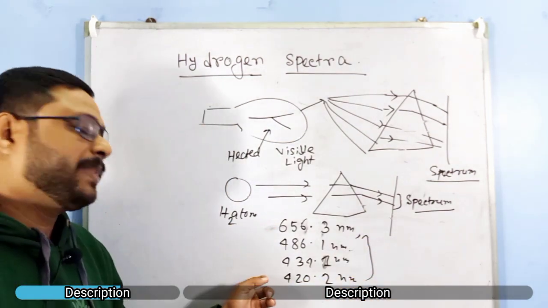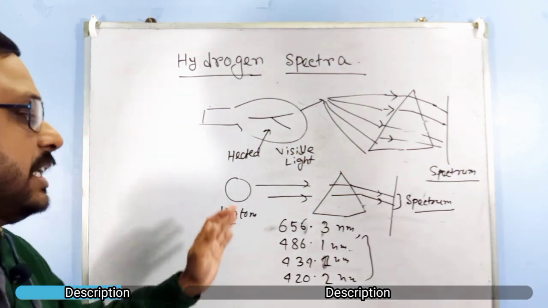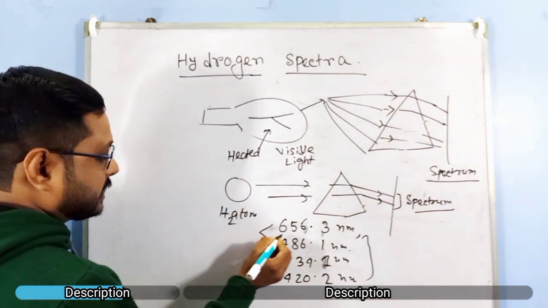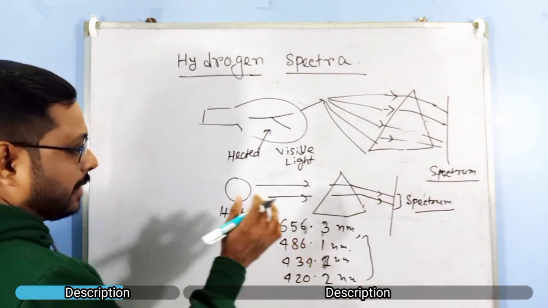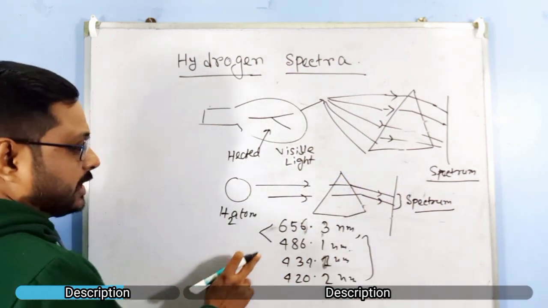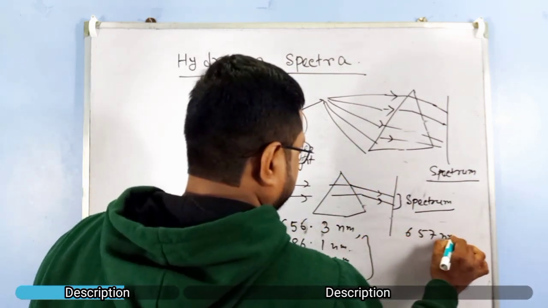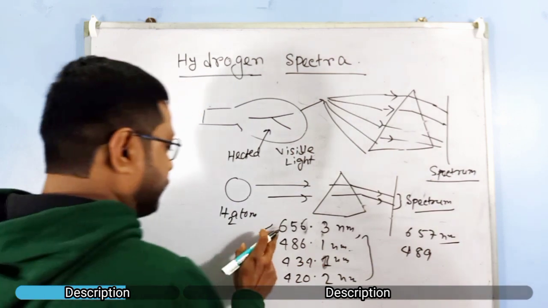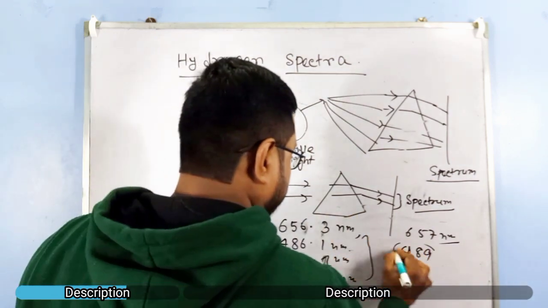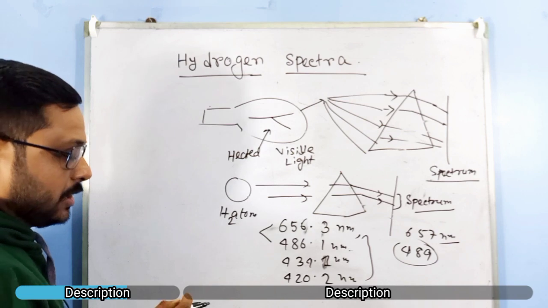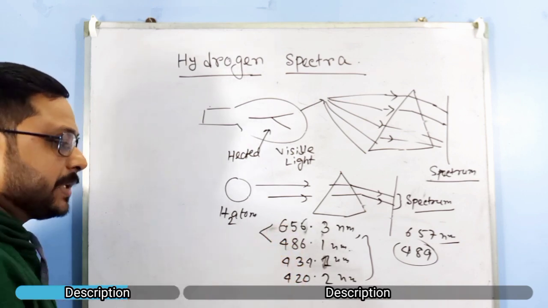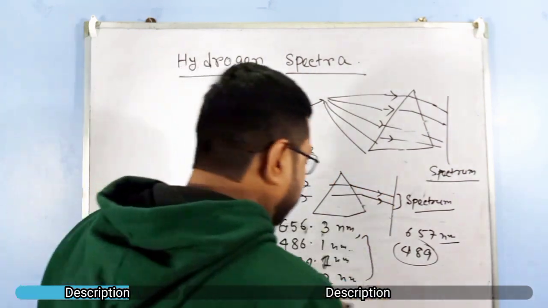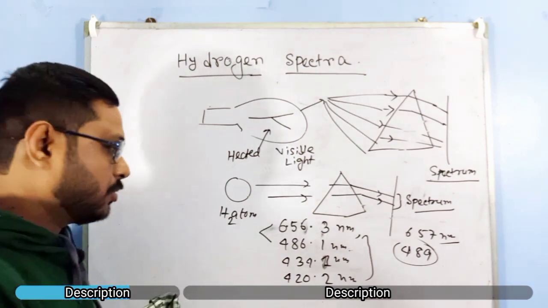These wavelengths are produced only in the hydrogen spectrum. No wavelength between these two values, 656 and 486, is emitted in the hydrogen spectrum. That is, 657 nanometer wavelength is not possible in the hydrogen spectrum, nor between 486 and 489 nanometer. Only some discrete values of wavelength are present in the hydrogen spectrum. So, why does this type of discrepancy occur? We will read about this.